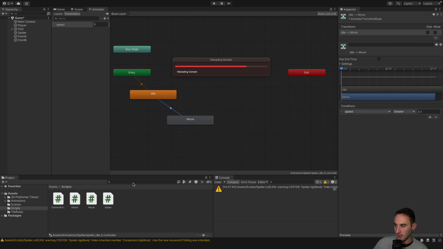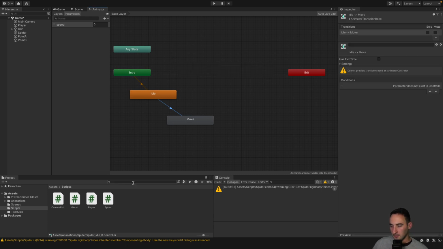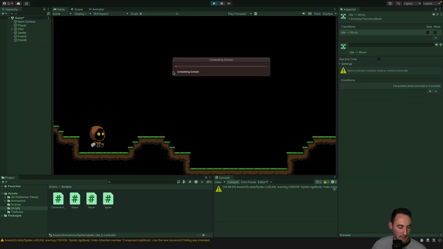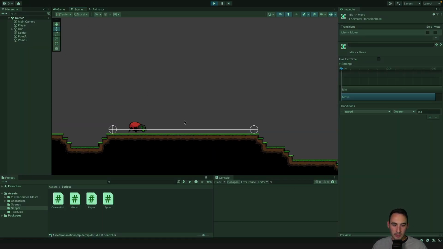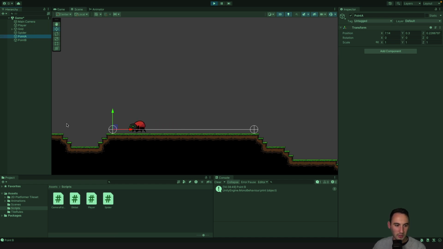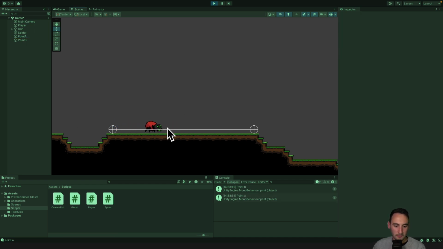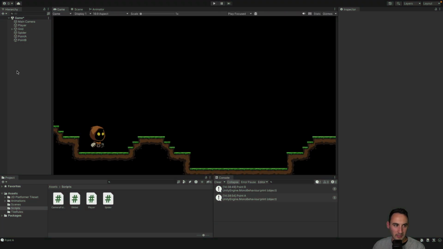So we should now have a walking animation for our spider. So let's go play it and then hopefully we do. So now you can see our spider is moving with its animations. So that's cool. So that's fine. Now, just because we're done working on our movement from point A to point B,